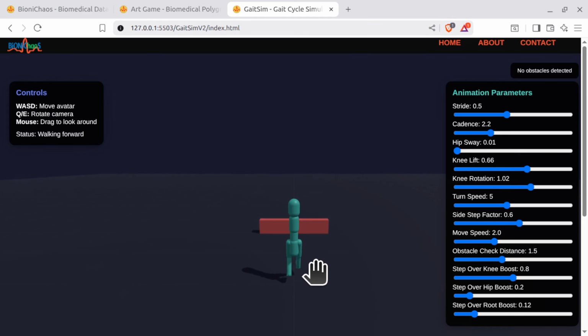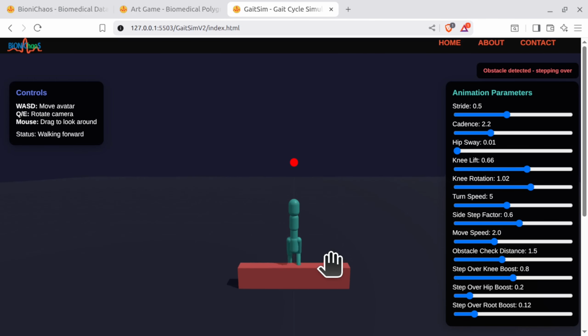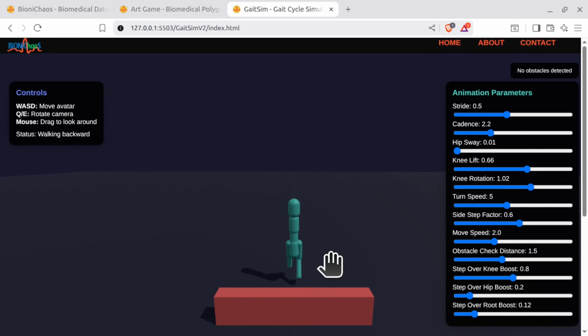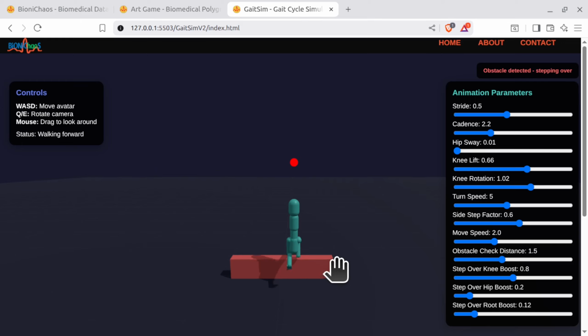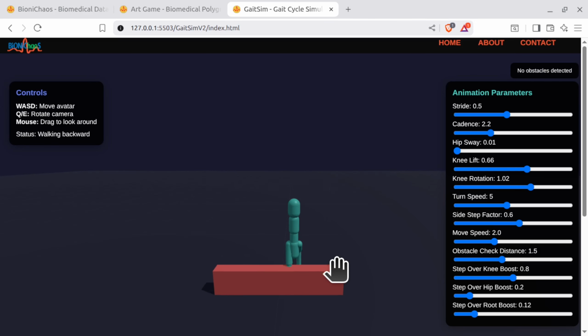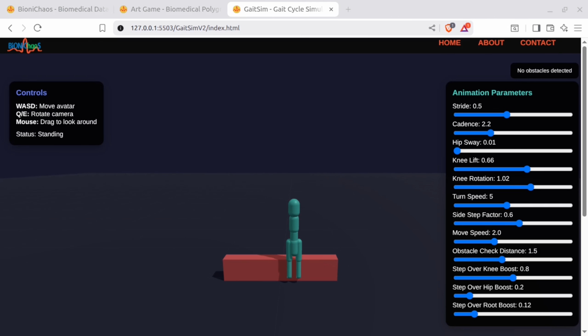Made changes. The default animation parameters have been updated. Step over knee boost, 1.2. Step over hip boost, 0.35. Step over root boost, 0.22. Knee lift, 0.8. Your avatar should now